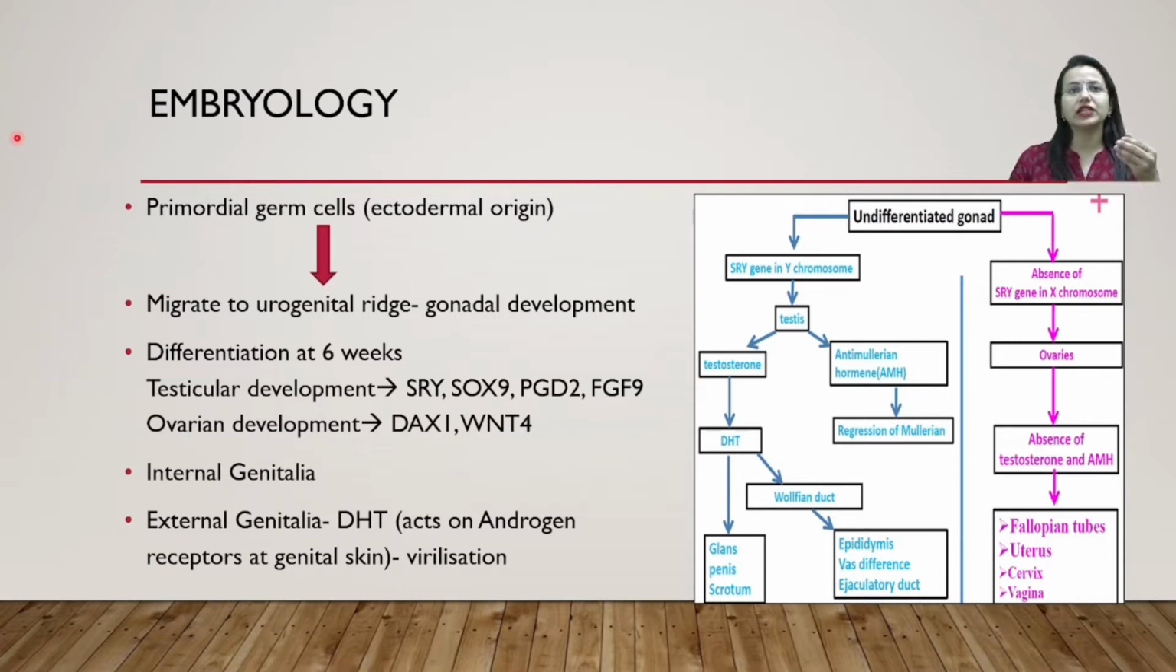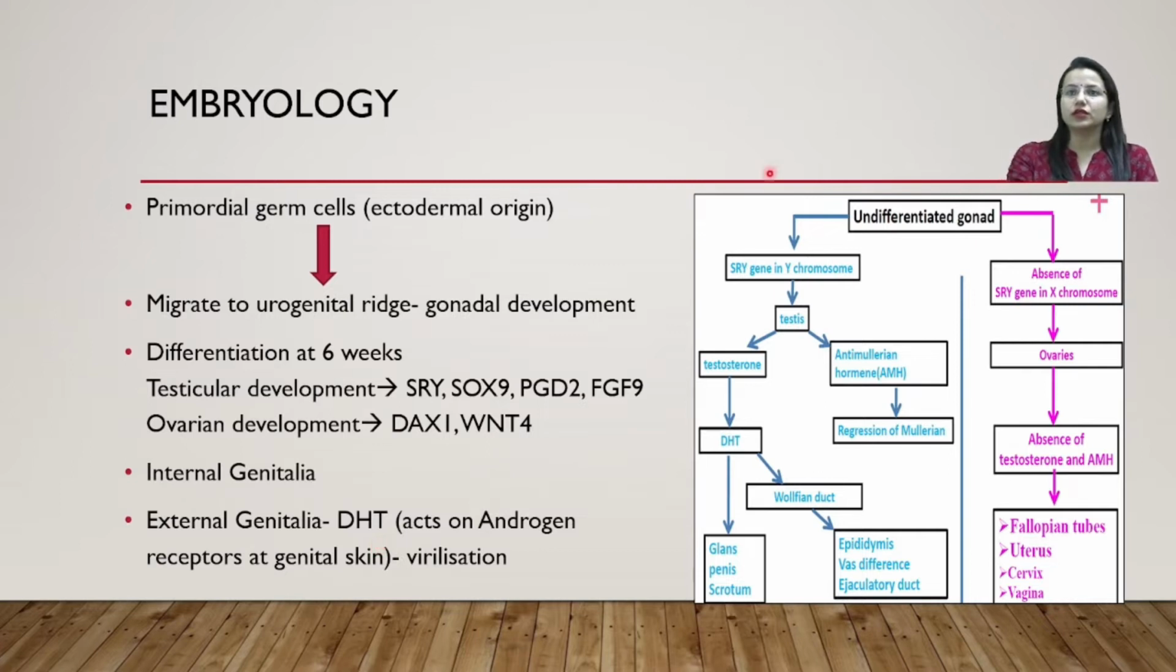Initially there is a primordial germ cell which migrates to the urogenital ridge, and there the gonadal development takes place, which differentiates into testes or ovaries with signals from various genes and the actions of various hormones. Then there is development of internal genitalia, and then the external genitalia is formed, which is predominantly under the effect of DHT. This hormone initiates the development of the phallus or the penis in the male. If it is absent or the receptors are not working properly,